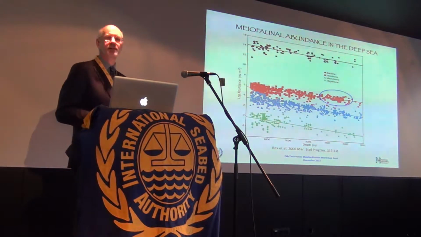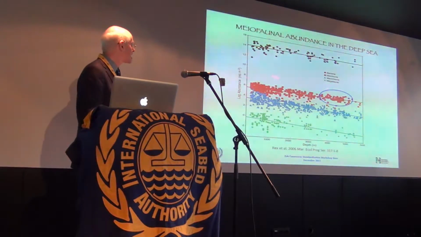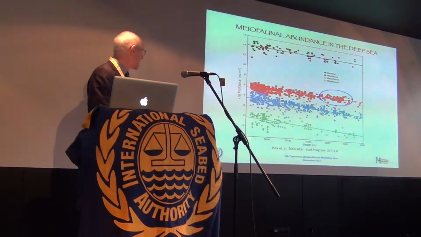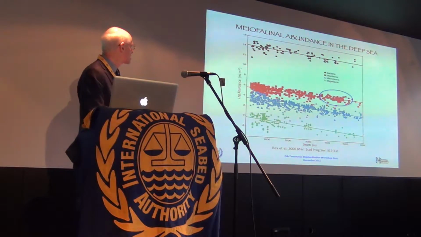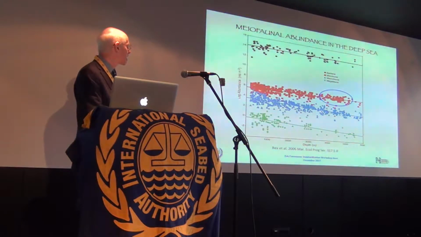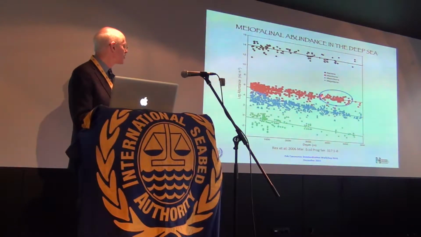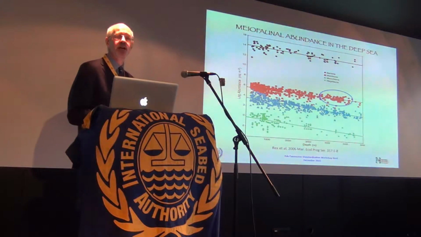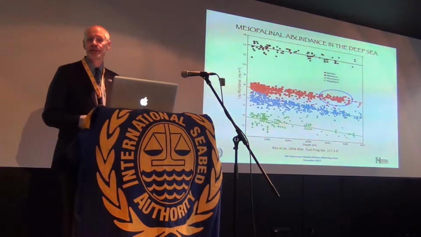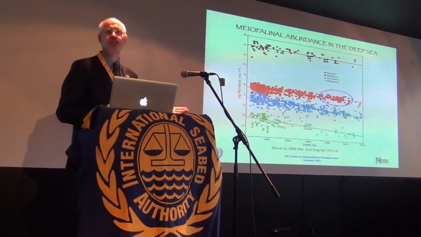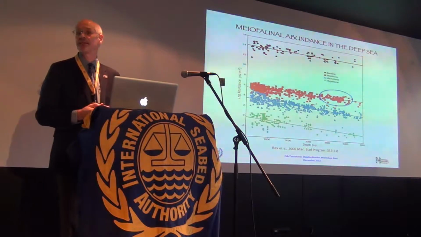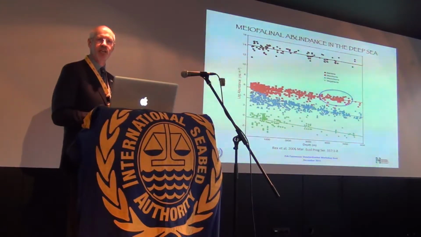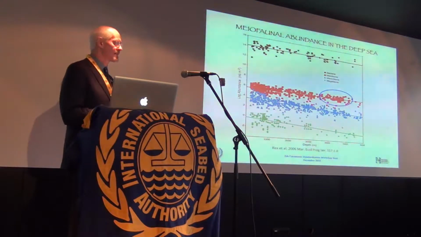But the first thing to note about the meiofauna in the deep sea is that it is actually a meiofauna environment. This is a graph showing depth along here with the log of abundance, and this red area is the meiofauna. You can see that the meiofauna are indeed abundant in the deep ocean, perhaps 100,000 to 1 million individuals in a square meter. That's really good news, because it means you can do some very robust statistics. But it's also bad news because there are a lot of individuals, which means a lot of identification, and a lot of effort has to go into assessing the meiofauna.